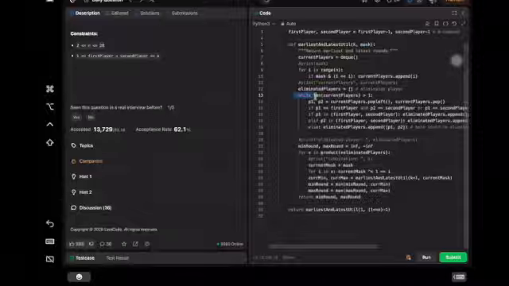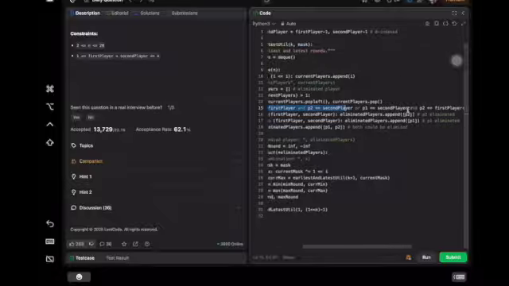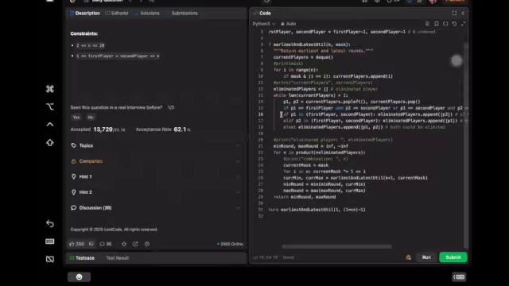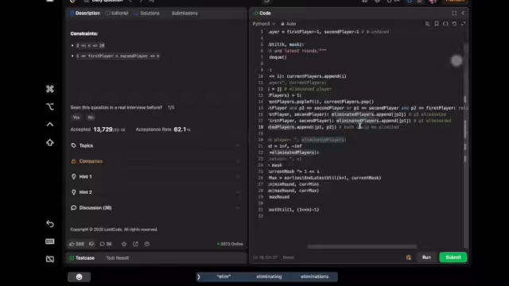For elimination players, if the current players include player 1 and player 2, we are popping the first and last. If it's the first player and second player, then we can return the round. If either is the case, then we have to eliminate only the other player. If they are the first player or second player, we have to eliminate the other player. If not, we can have both choices. Either the first could have one, the second could have one. Like that, we are generating all the eliminated players array.